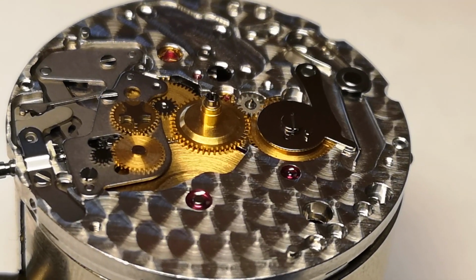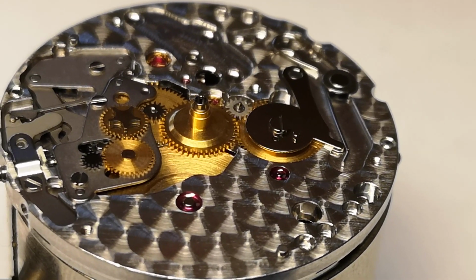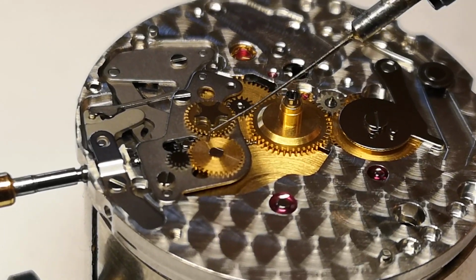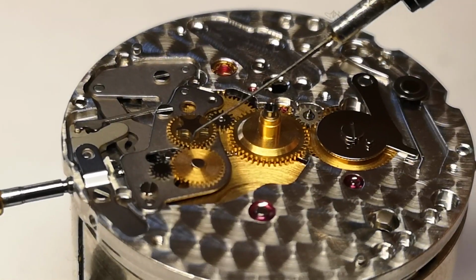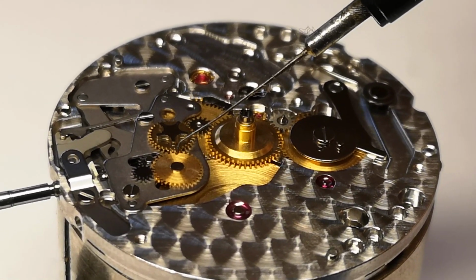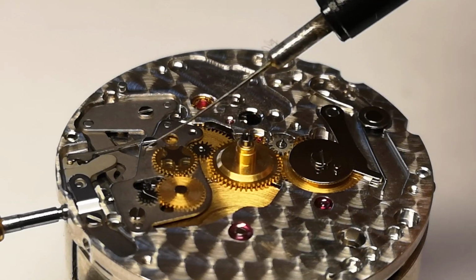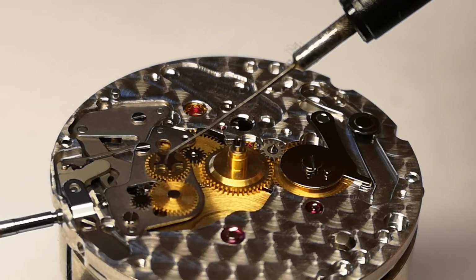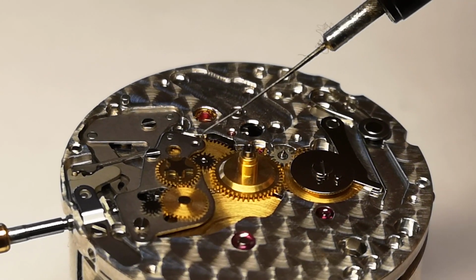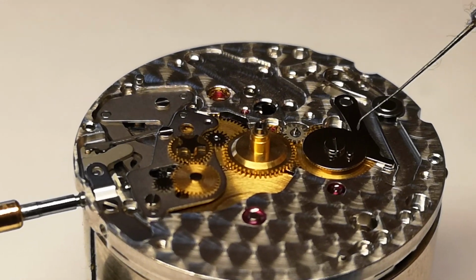Okay, so we're now below the calendar works, and as you can see, this movement is still really, really business-like and immaculate. This set of components here, I'll just point that out, handles the rapid date change. By that I mean the changeover at midnight. So rather than the date just taking about an hour and a half to click over, this mechanism here handles that happening rapidly at the point of midnight. Underneath that we've got these standard keyless works, and we've got the motion works here with the minute wheel and the hour wheel, and here is the calendar wheel,